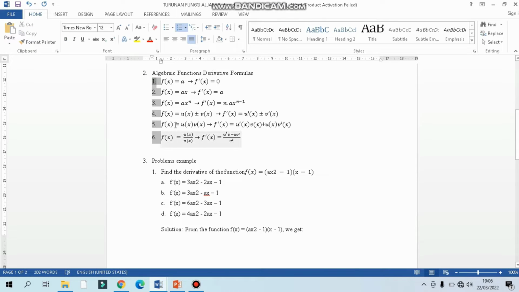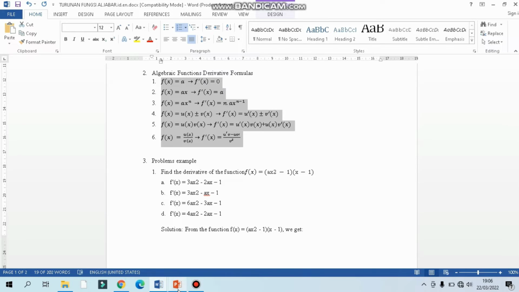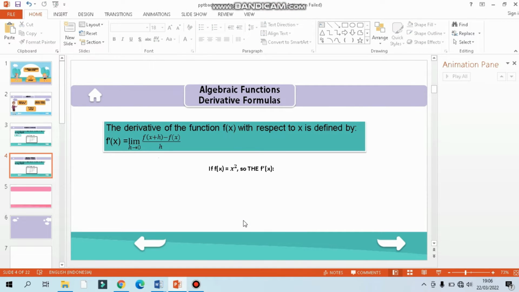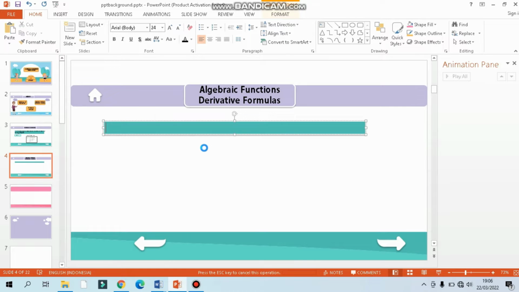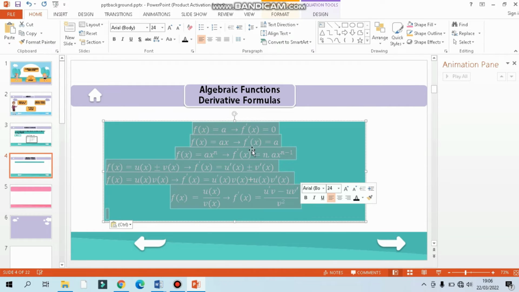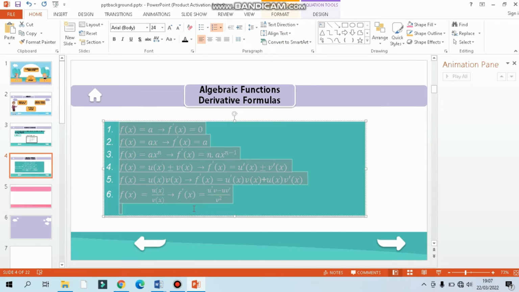We can delete the old content. Okay. In this slide, we have the formulas of algebraic function derivatives. We can number them.